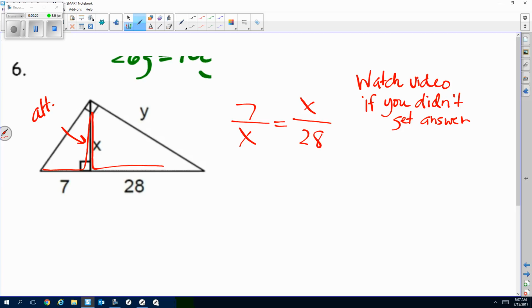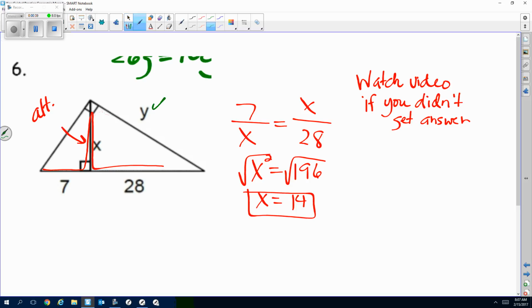Okay. And so when we cross multiply, we get x squared equals 196, and then with this, we take the square root. Good job on this one because it's a perfect square. Square root of 196 is 14. Now, to get to the y